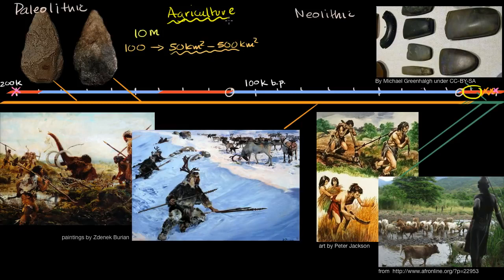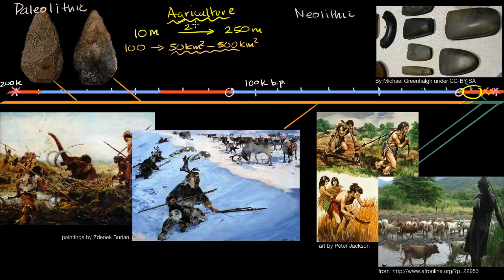But then with the advent of agriculture, it allowed for a much, much higher density population. In fact, going from the birth of agriculture, which happens in the Neolithic period, the dawn of agriculture coincides with the Neolithic period. They're often used somewhat interchangeably. Going from that period 10, 15,000 years ago to the time of ancient Rome, so we're talking on the order of 10,000 years, the world population with agriculture exploded from 10 million to roughly 250 million.